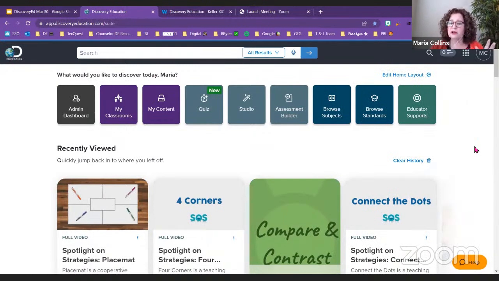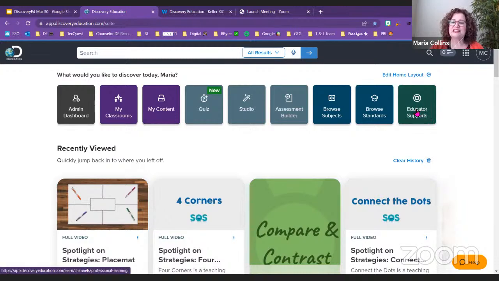That one isn't on all pages, but you almost always have this. The other thing that I want to point out is the help menu. If you just click on this and you search, let's say that you're trying to find help with using quiz later on in the fall. If you just type quiz, there are all kinds of helpful videos, step-by-step directions that you can get right here. All right, back to SOS Instructional Strategies.